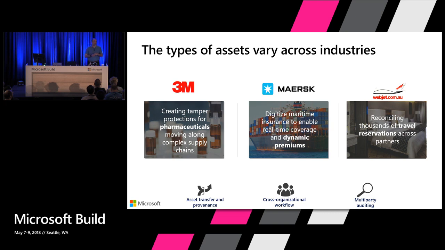But the process for insuring those ships is so onerous, manual, and long-running that they only really do it once a year. And they end up having to insure at a much higher level of risk than the average day that the ship goes through, because they need to make sure that they're covered in the peak events.